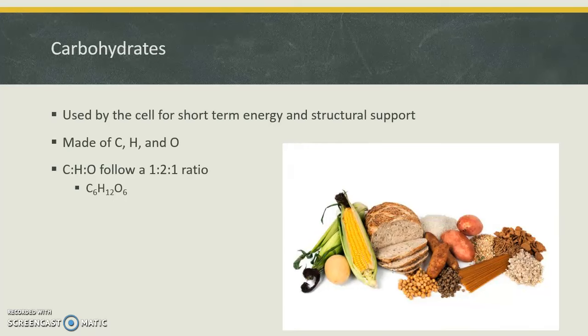Alright guys, so last time we ended up talking about carbohydrates. This is where we started off. Last time we talked about lipids and how those were different fats, how there were three different kinds of lipids. There were phospholipids, which were in the cell membrane, saturated and unsaturated fats. Those are going to be your grease and oil. And then finally we talked about how there were steroids and cholesterol, how those kind of looked like chicken wire,